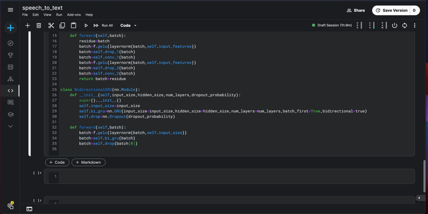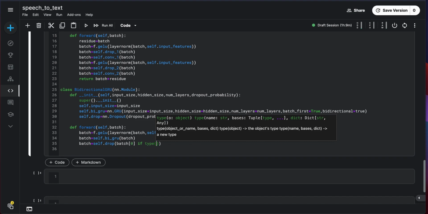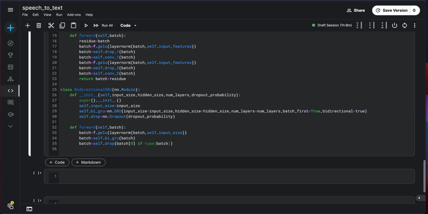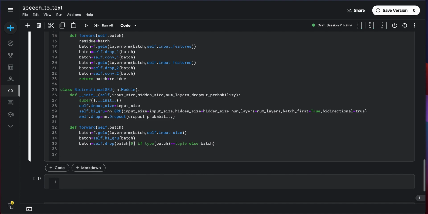This I'm writing batch, let's just say batch of, here it's a little tweak, so you will be clear why I'm doing this later, else batch. So let's just not think about this one right now, so we'll come back to this one and revise this one later. So return,